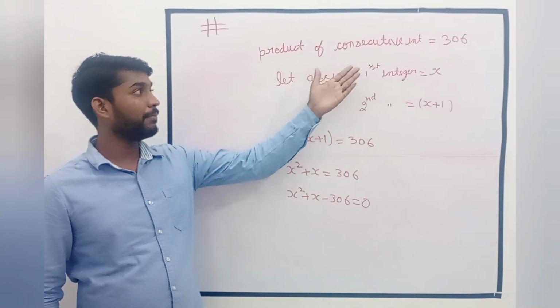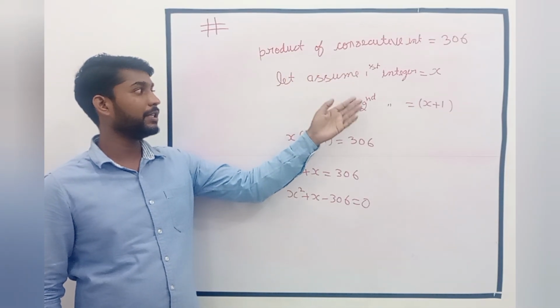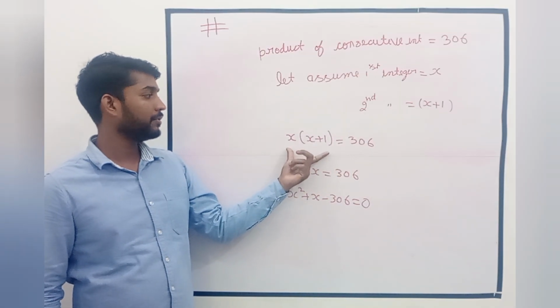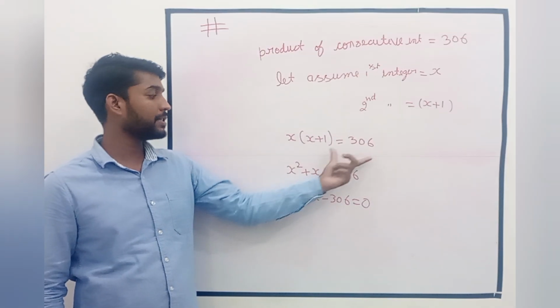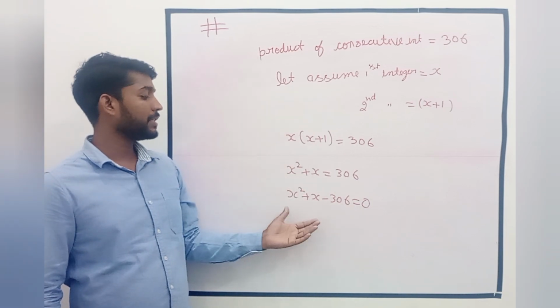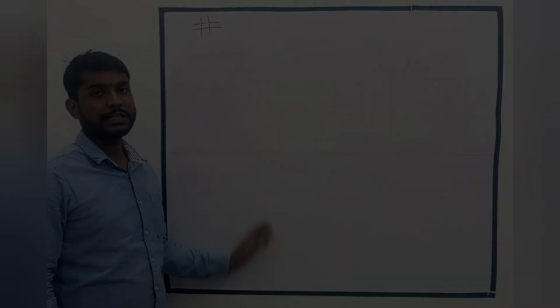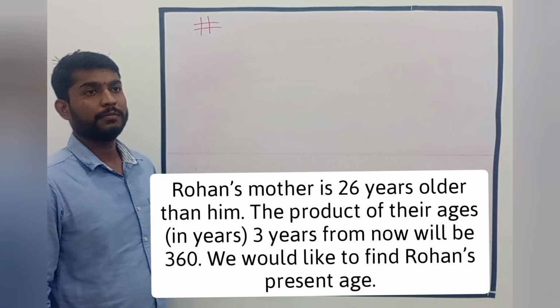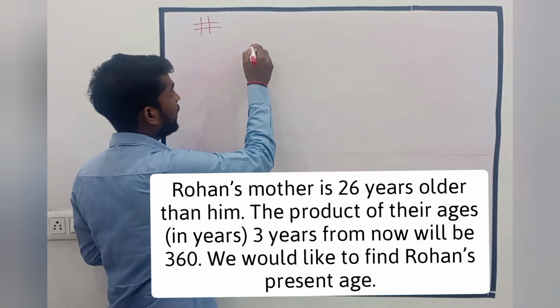The product of two consecutive numbers is 306. The first integer is this and the second is this, and this is the product, or we can say multiplication. This is the quadratic equation, and we represent it as a quadratic equation. They are asking us to find the present age of Rohan, so we can write